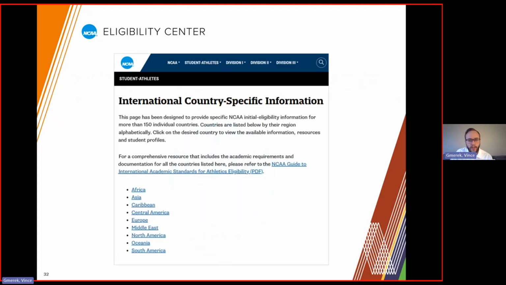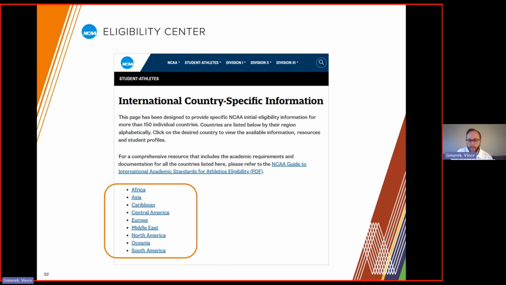So when you use that QR code, you'll be taken to a website that looks like this. You'll notice below, broken down, is each of the different regions of the world. If you click on that, wherever your country is, it will then take you to the list of specific countries for that region, and then you'd be able to find your country from there, and again, find those specific policies.